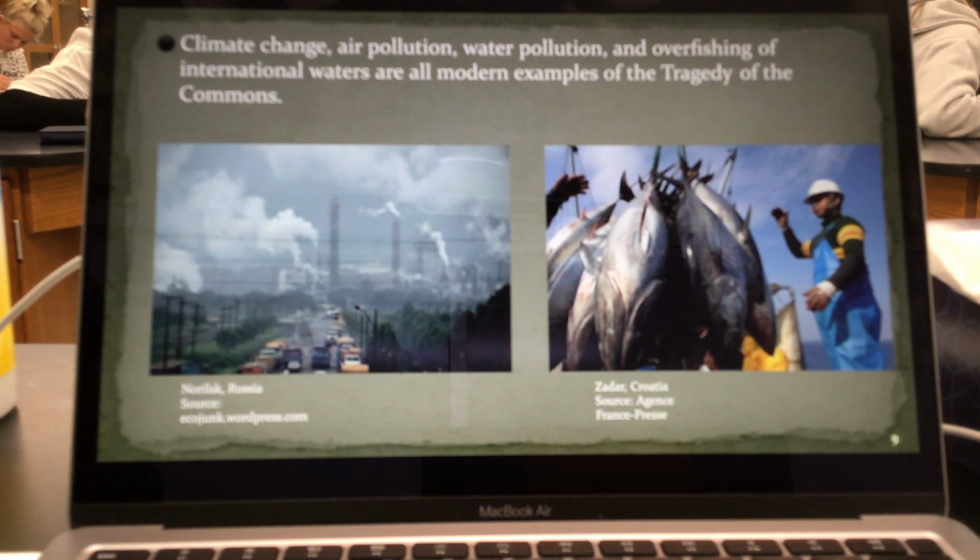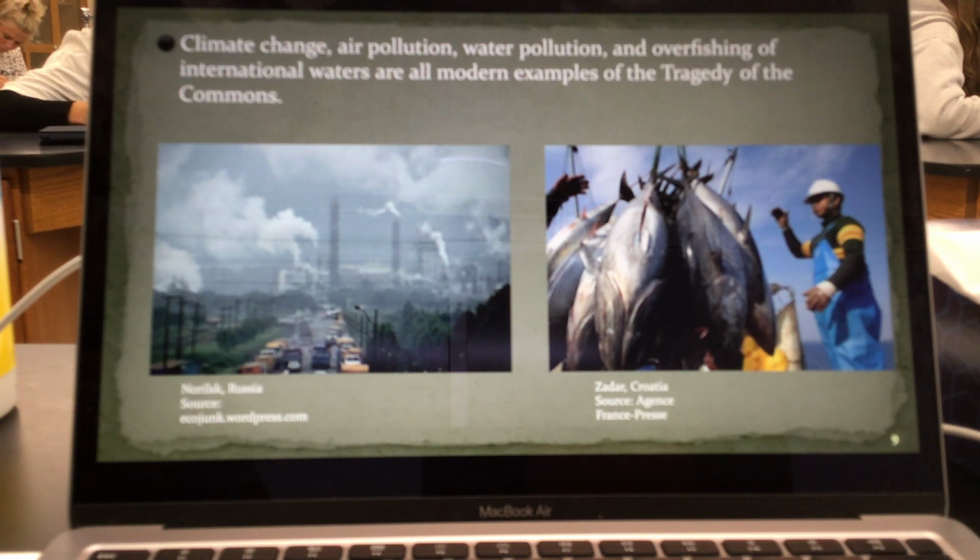Water pollution, that's a common source that all of us utilize. I know many of us, if we live out in the country, have our own little wells that we're just pulling water from. Well, that doesn't magically appear. That water is still coming from a shared source, okay, from the groundwater, right? Whether it be coming from upstream, downstream, different rivers. Overfishing in international waters is a modern day example. Utilizing and depleting resources that aren't renewing as fast as they're being consumed. All of those are considered tragedy of the commons in the modern day.